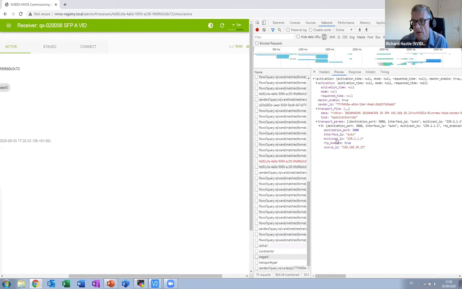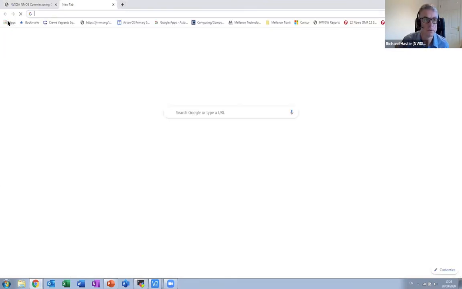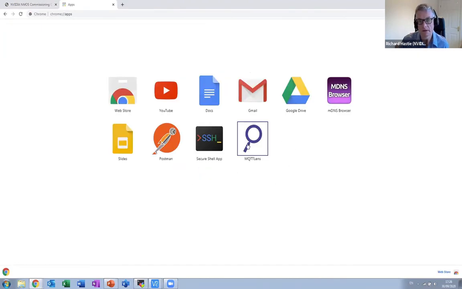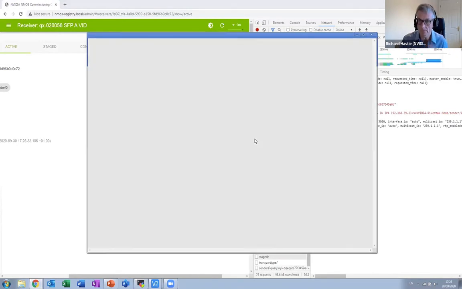And you can go in and see exactly what is going on in every single step here. And that's one of the beauties of this implementation. Not only is it easy to get into, but it's really, really easy to see what's going on inside NMOS. And finally, just for interest, let's have a look at the MQTT broker, because that's also built into the NMOS